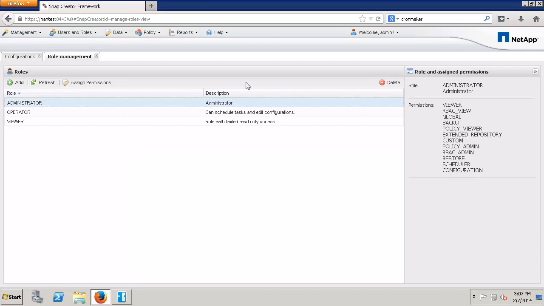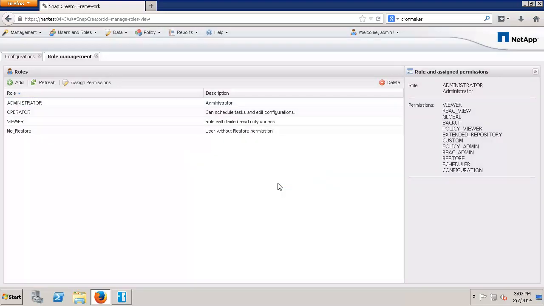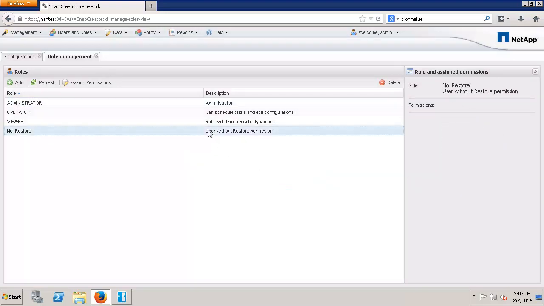If you wish to create a custom role, simply click Add. For example, perhaps you want to create a No Restore role. Provide a role name and a description and click Save. That creates the role, but by default it has no permissions, so those permissions need to be assigned by clicking